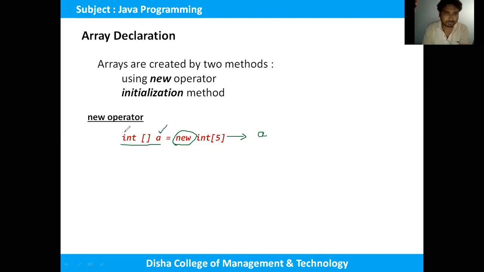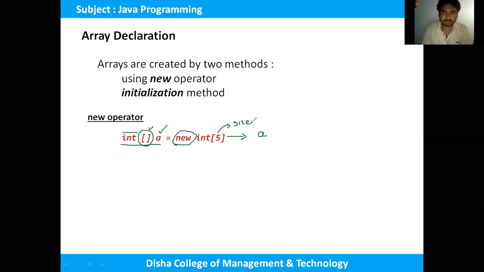This int defines the type of this array, and this bracket also defines that this variable is an array variable. And this 5 is the size of the array. That means this array can take 5 elements inside it, and all elements should be integers. We cannot insert anything other than an integer value in array a.